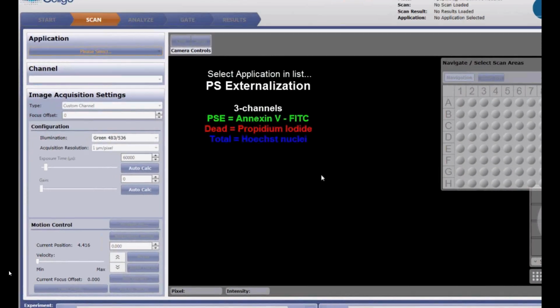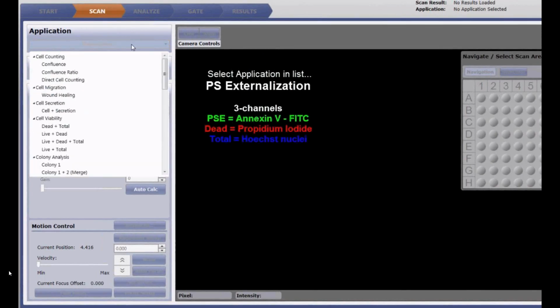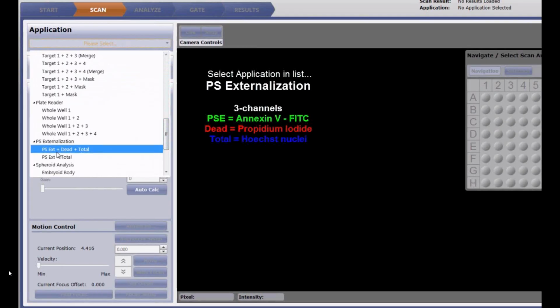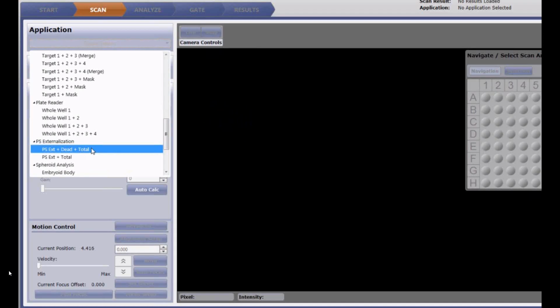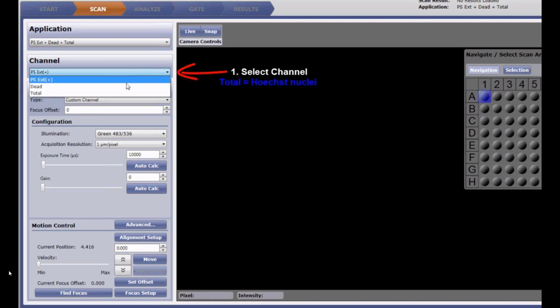and the first thing we'll need to do is select the application PS externalization. It's about 2/3 the way down on this list. It is a 3-channel application, so we'll be collecting or imaging 3 channels: the PSE, the dead channel, and the total channel. So once you've selected this application, the channels will be displayed up here,